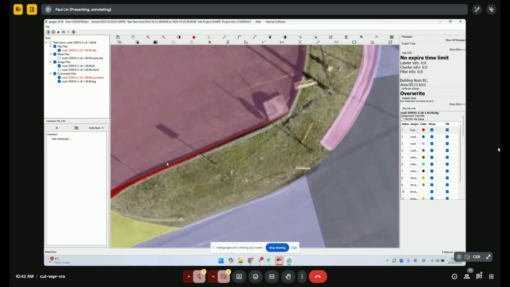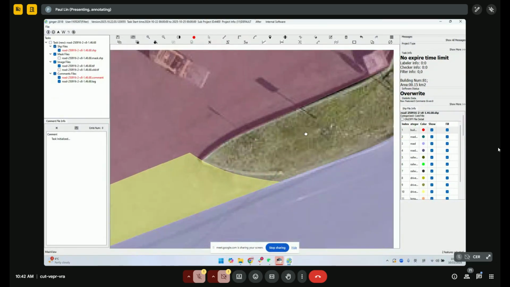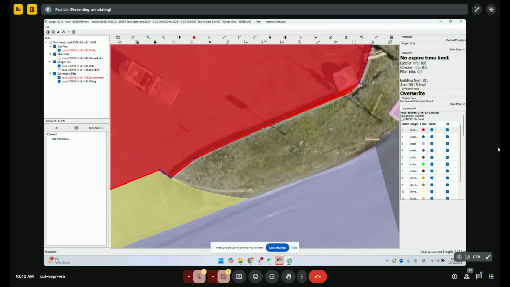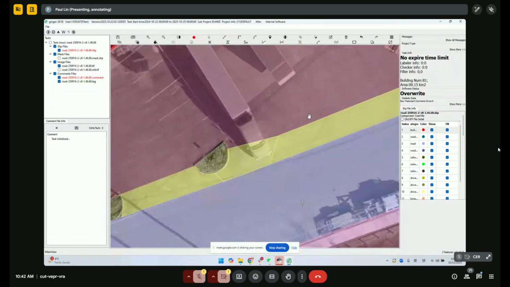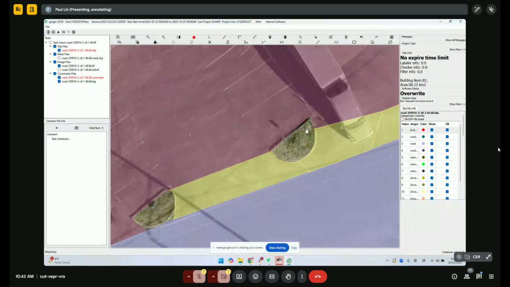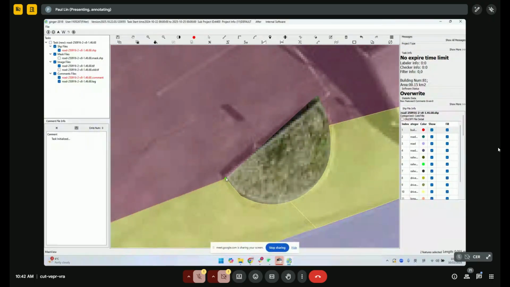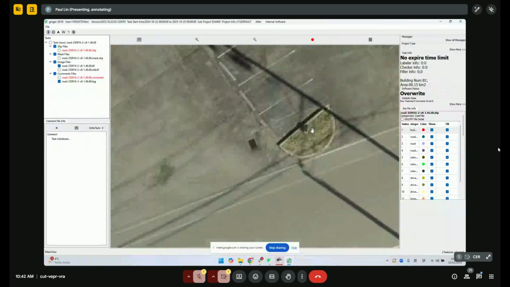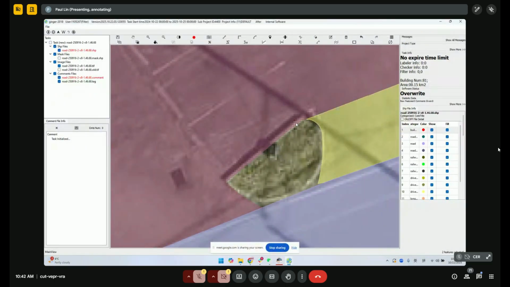So we need to make sure this is fixed, and even like this, it's not okay. Detail-oriented is very, very important. Can you see? We need to fix everything perfectly.